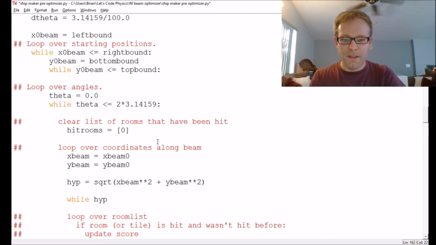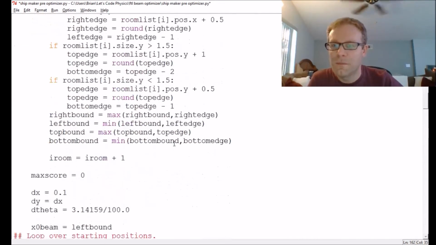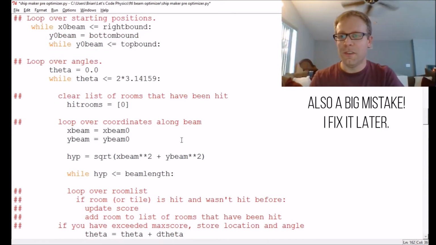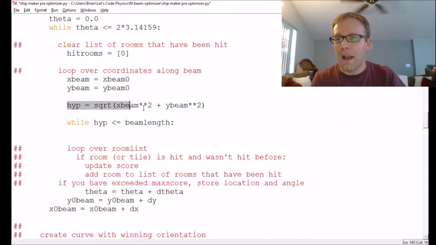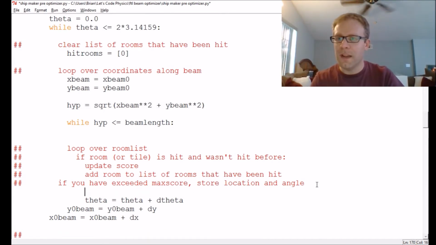So while the hypotenuse is less than or equal to the beam length, which I already have being passed as an argument to this function. Cool. So I've got while the hypotenuse is less than or equal to the beam length. And what I'll need to do is evaluate the hypotenuse at the end of every step in the loop. So if I go down this way,